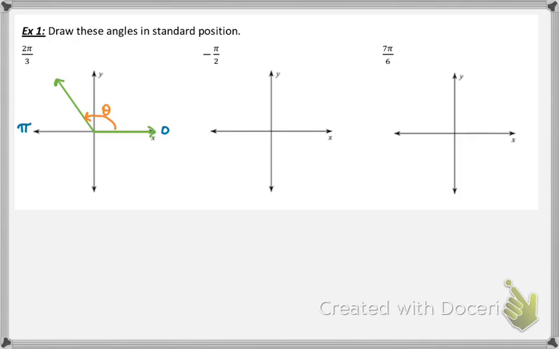Let's look at the second one, negative pi over 2, which is really 1 pi over 2, so half of pi, okay? And negative just means I'm going to rotate my terminal side clockwise. So again, let's start by placing the initial side on the positive x-axis. Here is 0 radian, and here is pi radian. Now, if a half circle, or a straight angle, 180 degrees, is pi radian, then half of pi would be 90 degrees, right? So half of pi would be 90 degrees, and all I have to go is 90